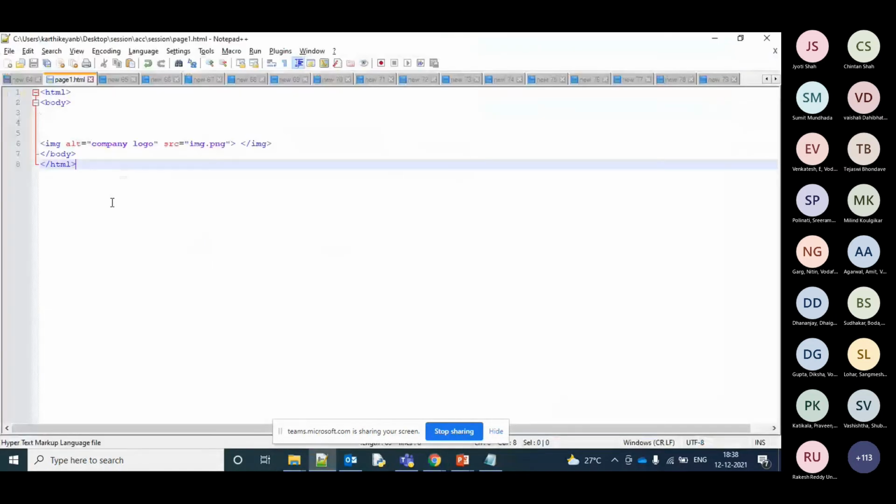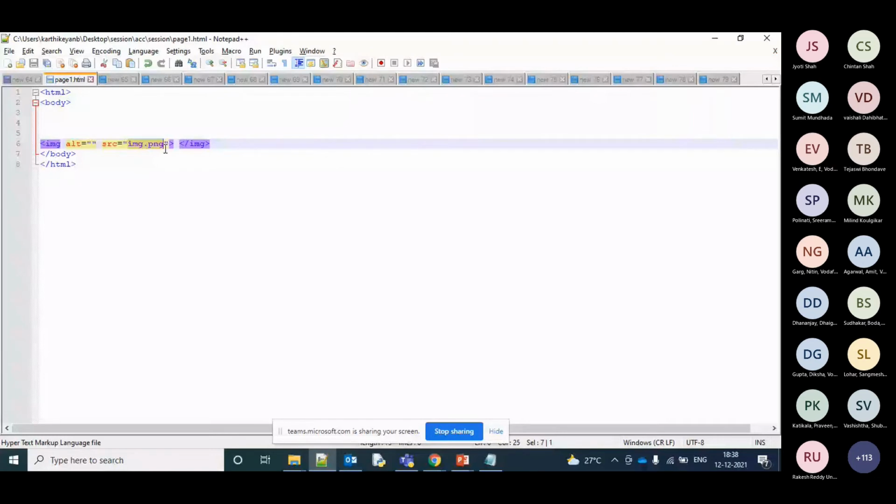But when it comes to a warning or an alert, sometimes this has been left as blank, and people are also trying to use AI over here by doing image analysis, like with Google Lens and other things, to see what this image is about and whether they have given a relevant alt text to it. Some people would have written image.png itself over here. Yes, this is also an alt text, but it's not conveying a proper meaning. So such kinds of warnings can occur. So this is with respect to the warning cases. There are three conditions: pass, fail, and warnings also.